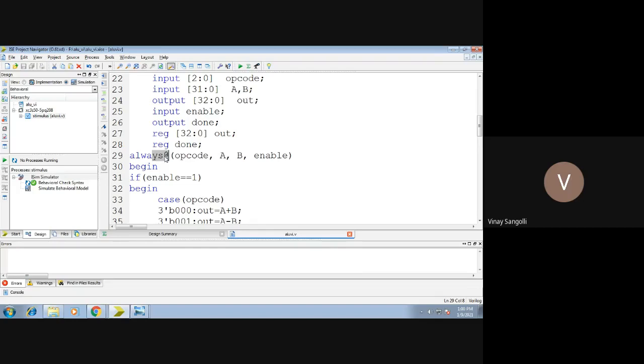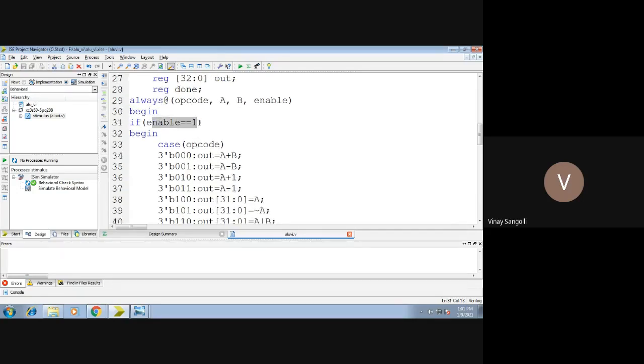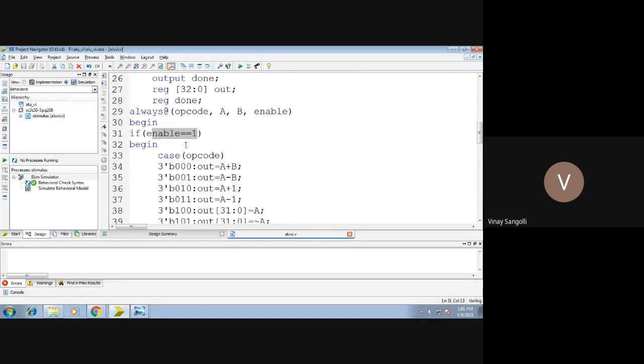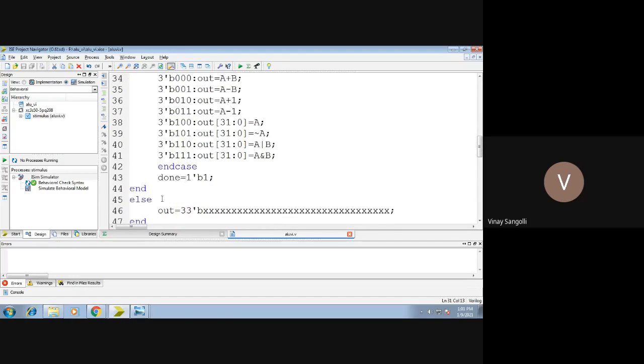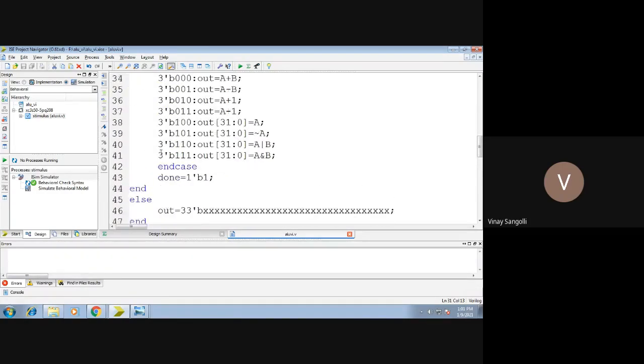Always, with your various inputs. Then we start: if the enable is high, then only you will perform all these operations. If the enable is low, you will not perform any of the operations. Else, we give the output as high impedance, or unknown state, which is X.